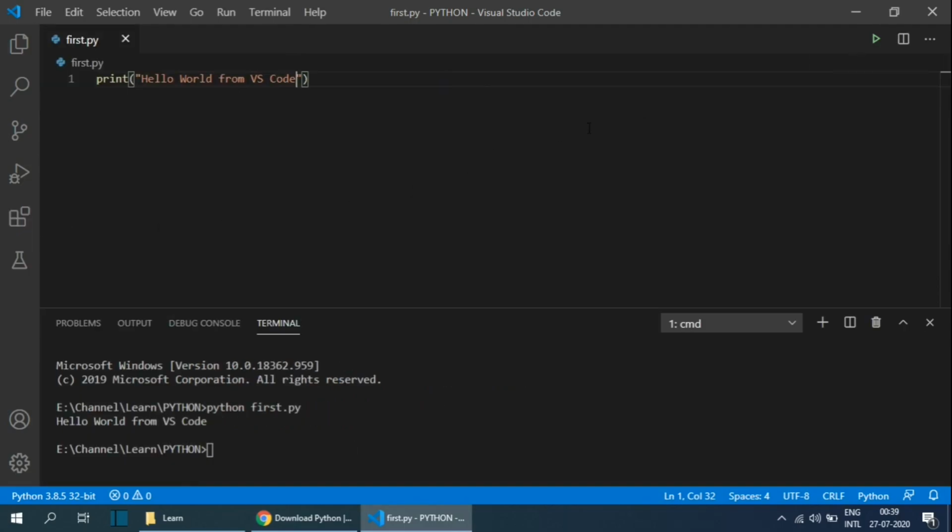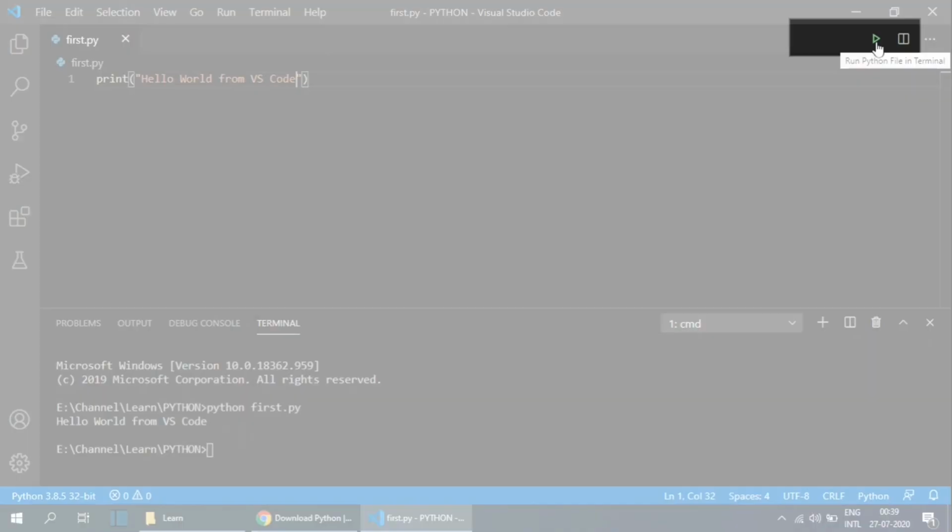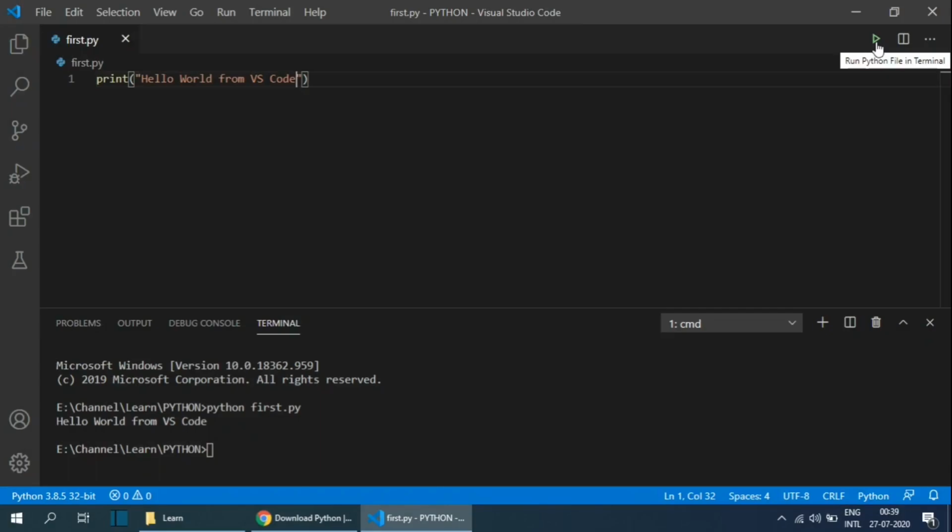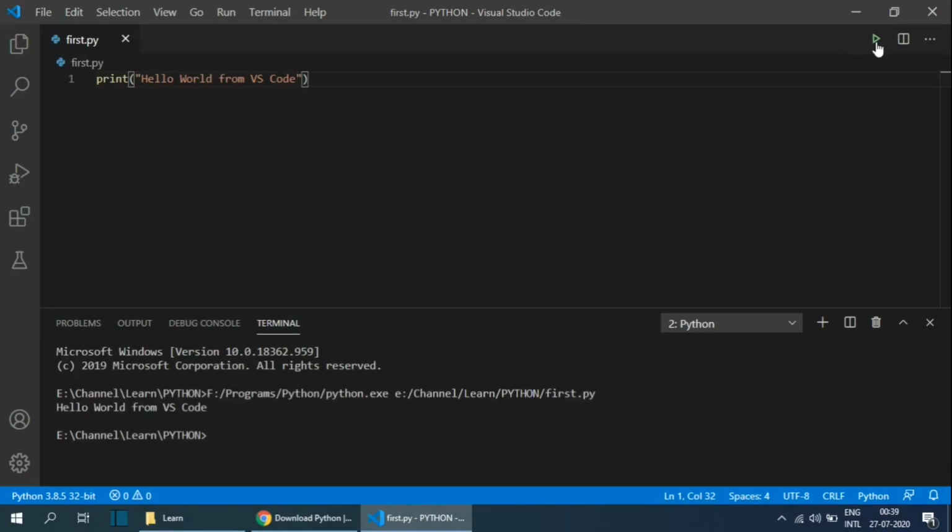After the installation of Python extension, you should be able to see a green play button on the top right of the VS Code editor. Now run the code again using the extension play button. I am just going to click the play button in the top, and as you can see, the code is run again with a change in the terminal.